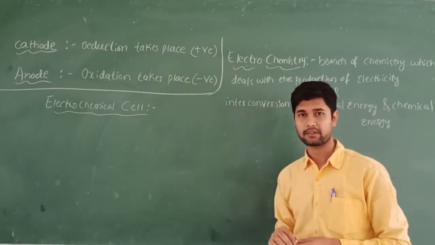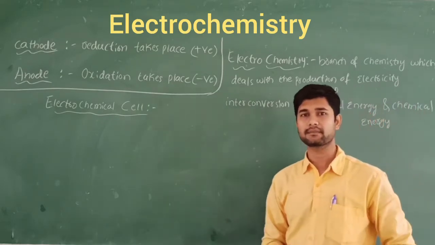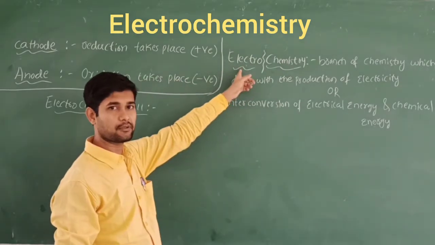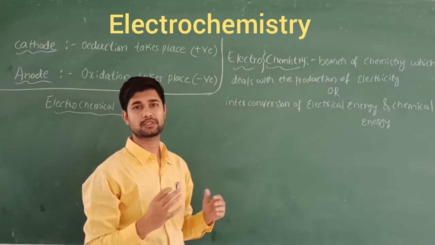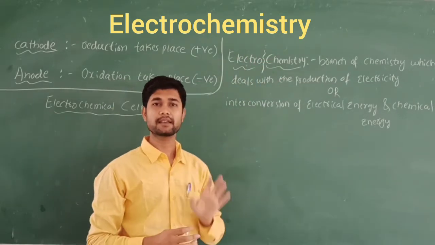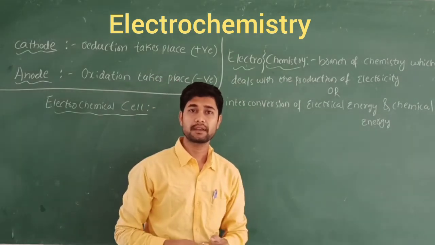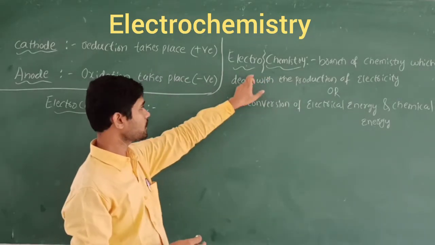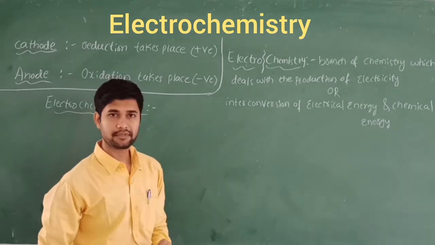So let's move towards electrochemistry. You know, in electrochemistry two words will come. Electro means electrical energy will be there. Chemistry means chemical reactions. So simultaneously we are going to study here. This word is associated with electrical energy as well as chemical energy. Chemical energy is nothing but involving the various chemical reactions. That's why they coined the one term called electrochemistry. Here that is going to be different, as it is a branch of chemistry.